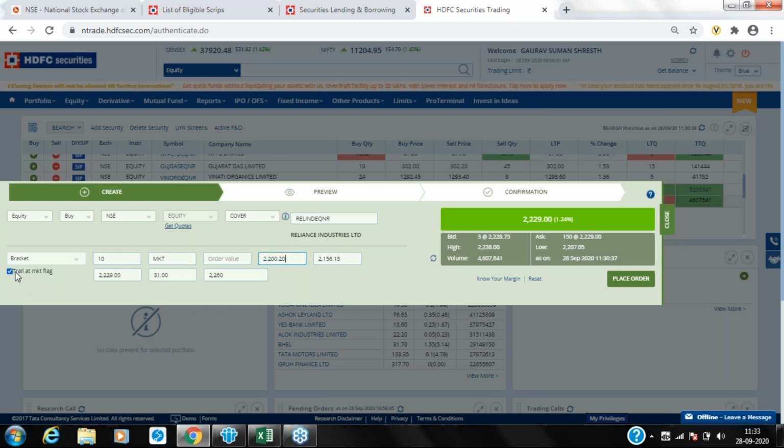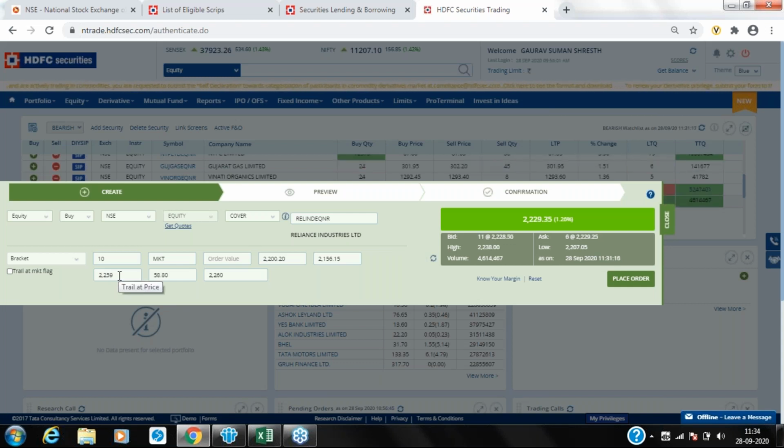One more feature that we have in the same order feature is the trailing stop loss feature, in which the stop loss will start to trail from the current price. The stop loss that you can see will start to trail with the current price. If the rate goes up 2 rupees, the stop loss will also move up 2 rupees. If the rate goes up 10 rupees, the stop loss will also move up 10 rupees. In case you don't want your stop loss to move up, you can untick the trail at market leg, and you can enter the price 2259, which is almost near the target. What this means is that whatever price you enter, the stop loss will not move up till this price comes. 2259 is the price.